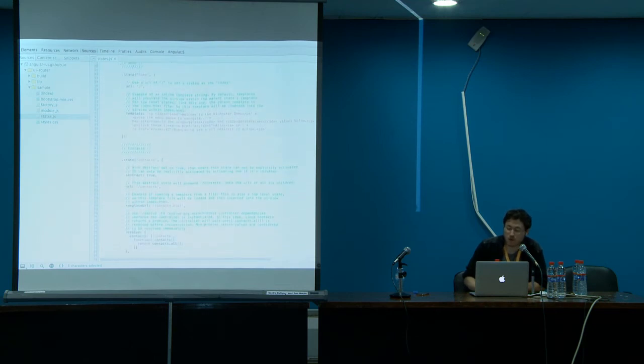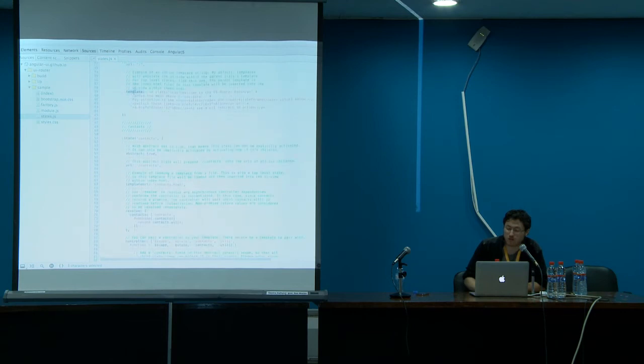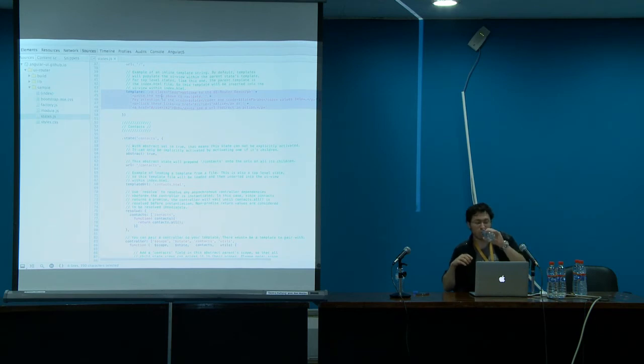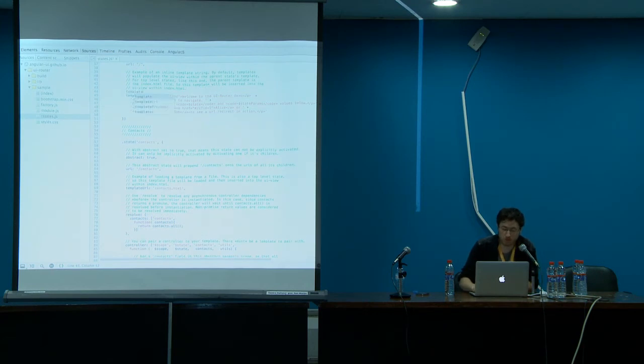So you have the home state, and here I'm just defining the template inline in code. But what you would normally do is say templateUrl equals home.html, something like that.